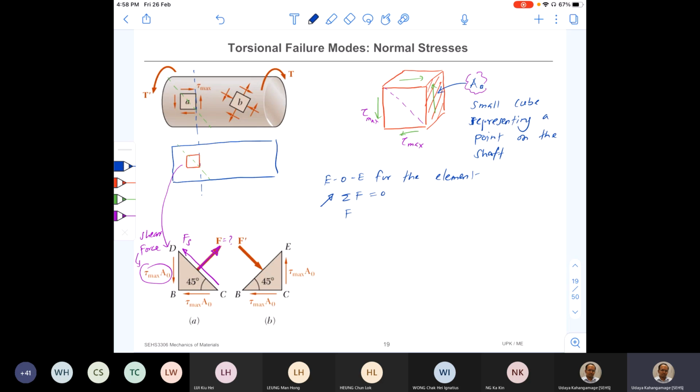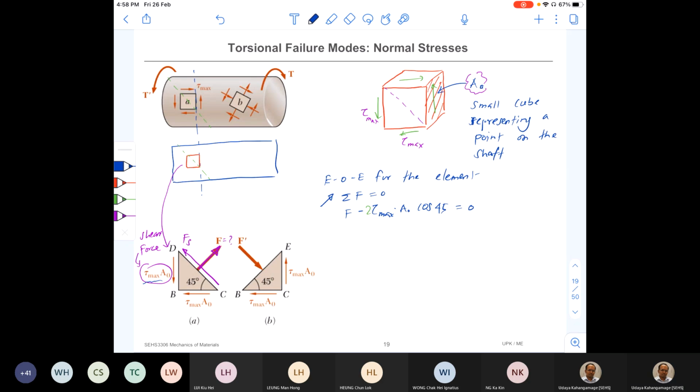So since the angle is 45, it is in the negative direction, tau max into A0 into cosine 45. Okay, so that is from the first one. And the second side, also the same magnitude, same direction. Therefore, I can write this as 2 times tau max A0 into cosine 45, which should be equal to 0,